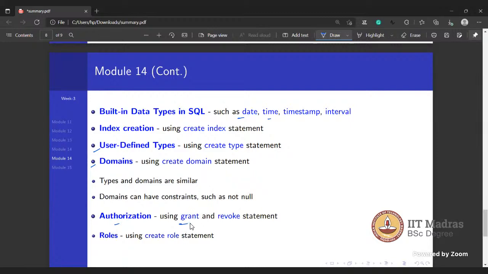Suppose you can insert, delete, or update, and if we want to take those permissions back, we can do it using the revoke statement. And then we saw roles, different types, and how to create roles if we want to give certain roles.